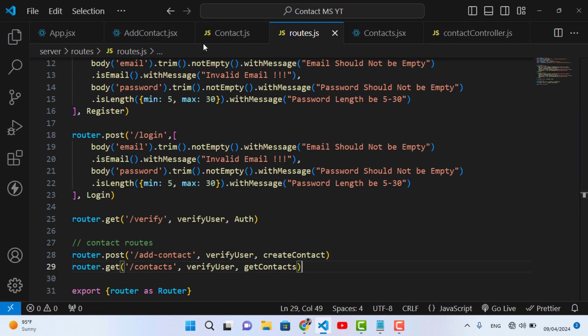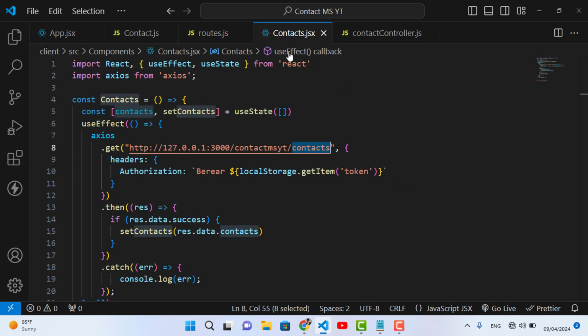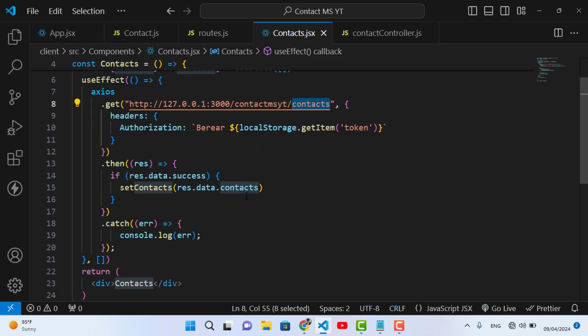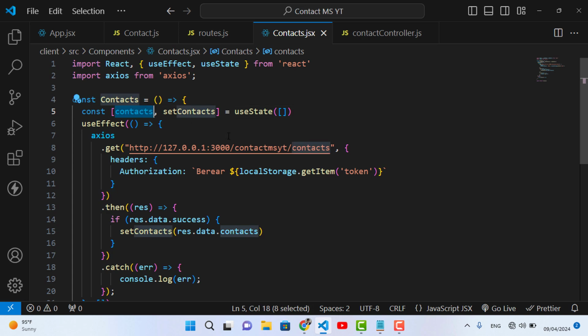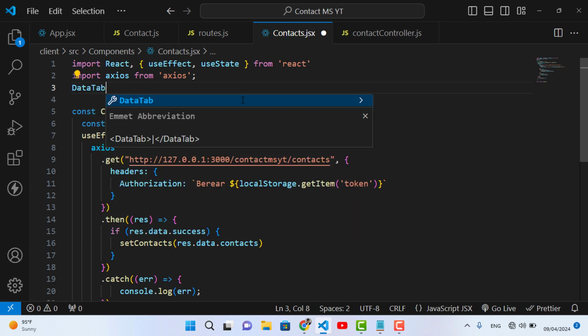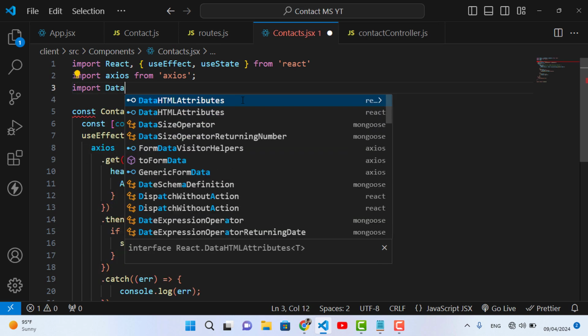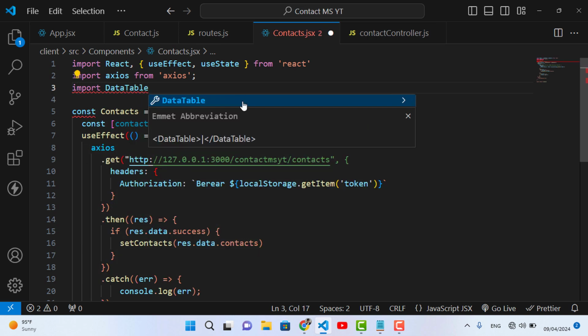After fetching the records to our front end, we will store them inside the contacts. Now we will display the records from this contacts. To display the records, we will use a table, so for that we will use a data table. We installed libraries at the start, in the first video. We will use the data table to display the records. The data table has not been imported. Import DataTable from